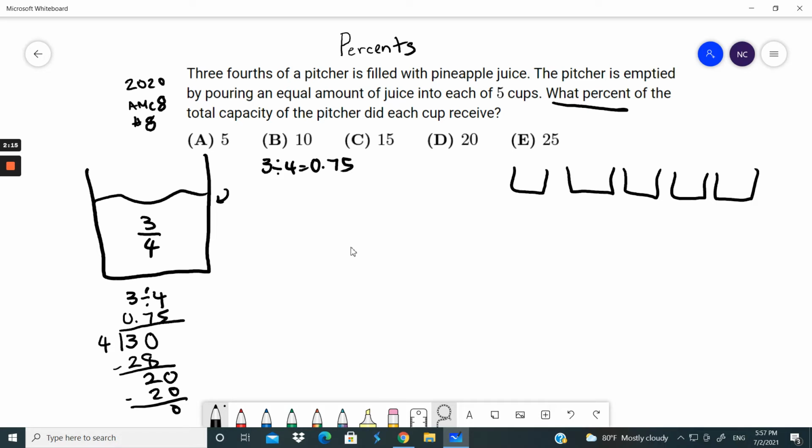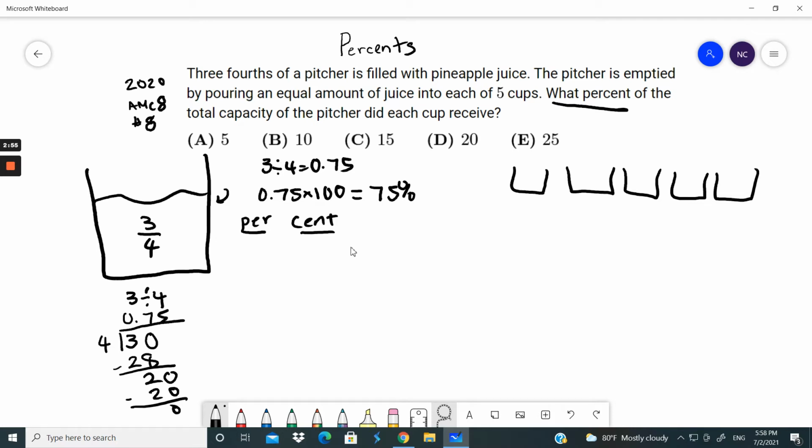But that's not a percent, it's a decimal. So how do we get to a percent from this decimal? What we have to do is multiply this 0.75 by 100. Always. When you're converting from a decimal to a percent, all you have to do is multiply by 100. Why do you need to do that? Because of the word percent. Percent, if you split it up, is saying per cent. Cent is a prefix, meaning 100. And it's just saying how many